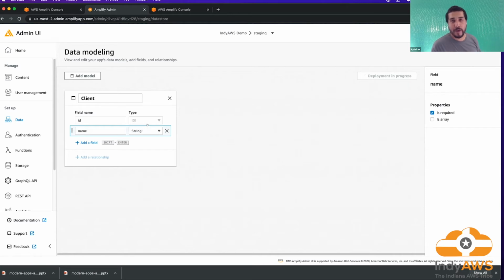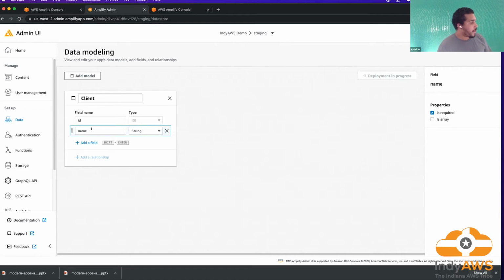And then based off of whatever platform you're on, it's going to generate the code into your native language. If you're doing a front end website, it's going to generate the client model for you in JavaScript. If you're doing iOS, it's going to generate it for you in Swift. Flutter, it's going to generate it for you in Dart.